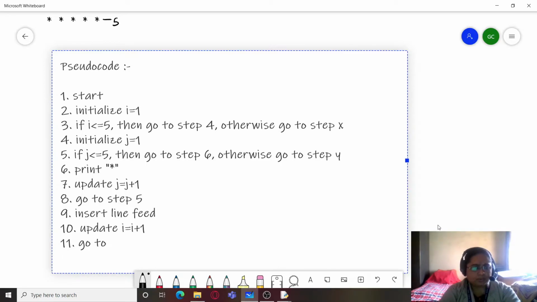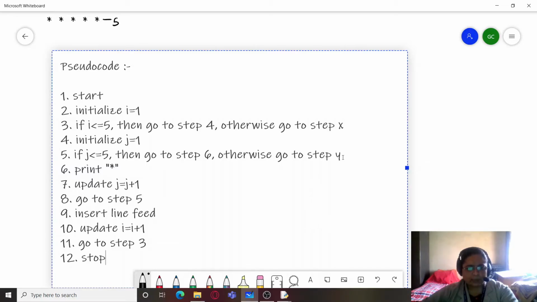Then go to step 3. We will loop back to step 3, and step 12 is going to be stop. Now first we go to step 5, where we have go to step Y, which is the point where we will be going once the inner loop has terminated, which should be after this go to step 5. That is, it should be step 9, and step X should obviously be step 12. So this is our pseudocode.